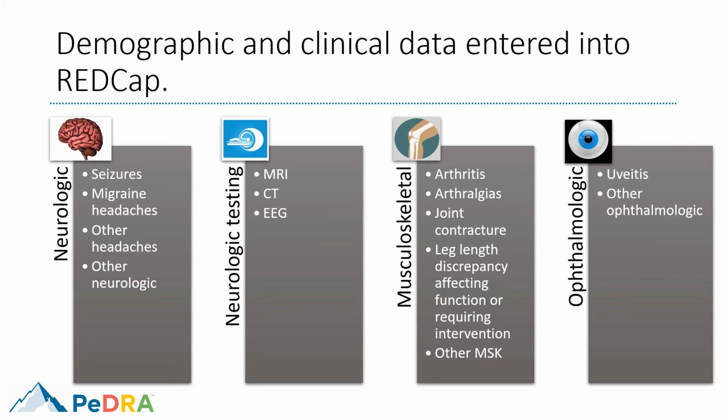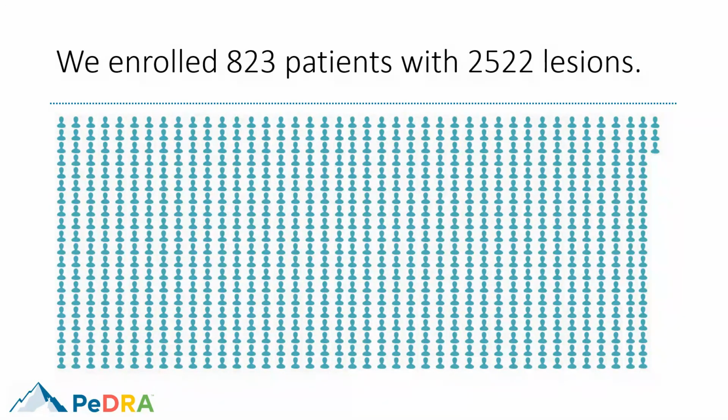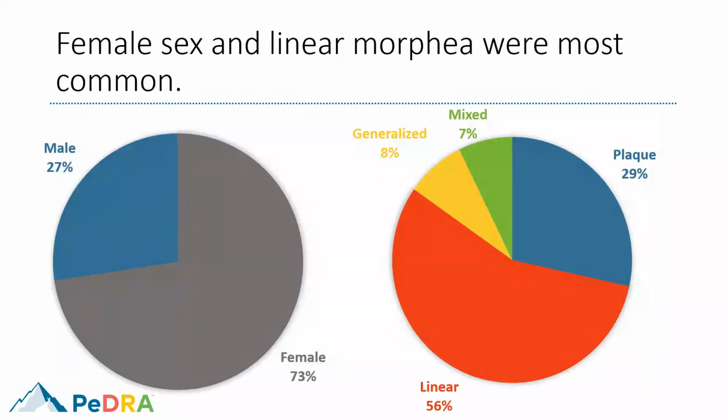We collected information about patients' neurologic findings, whether or not they had any neurologic testing such as MRI, CT, or EEG, musculoskeletal manifestations that they could have such as arthritis, and then also whether or not they had eye findings like uveitis. We ended up enrolling 823 patients with 2,522 lesions of morphea. What we found was that female sex